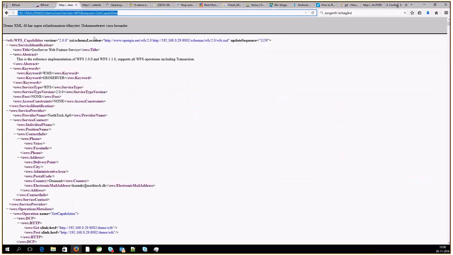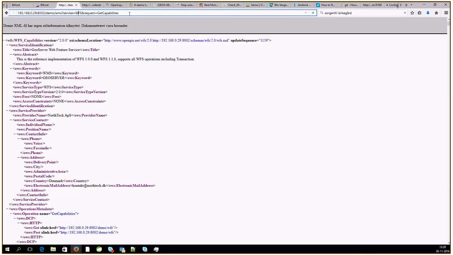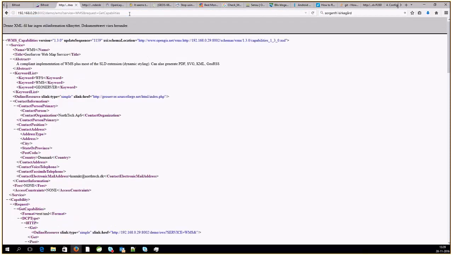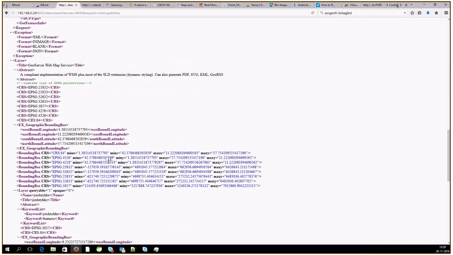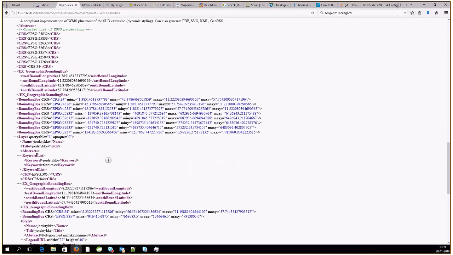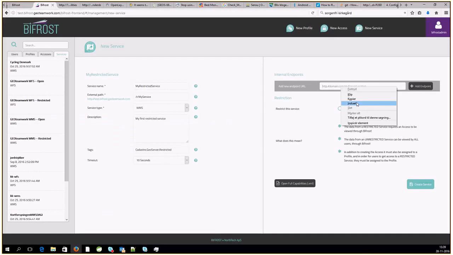We need an endpoint. If I'm not much mistaken, I have a WMS service at this endpoint. Seems right. I wonder if that is the one with, yes, this, whoops, sorry about that. This GEOteamwork is Danish for cadastre, so I'll just copy the root of this endpoint and insert it here,